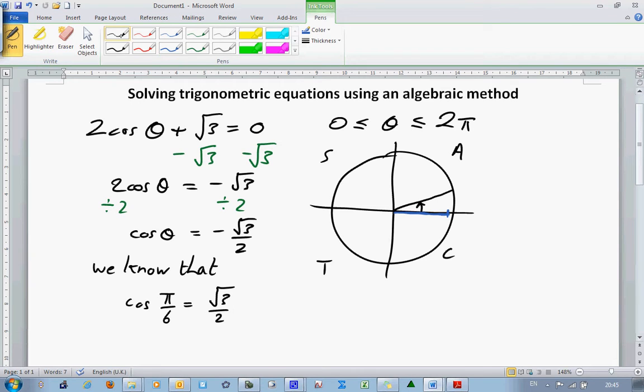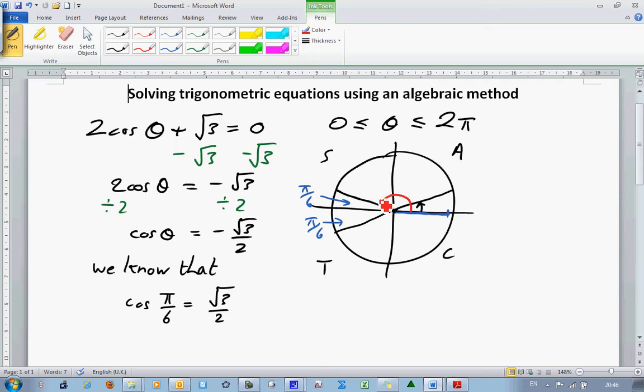So if we take a different angle, but again still being pi over 6. So this angle here inside here is pi over 6. And you'll notice it's in the second quadrant. And in the second quadrant, the cosine is negative, which is what we're after. Also, in the third quadrant, tangent is positive, so cosine is negative. So if we mark those two angles there, you can see that one of the solutions, marked in red there,